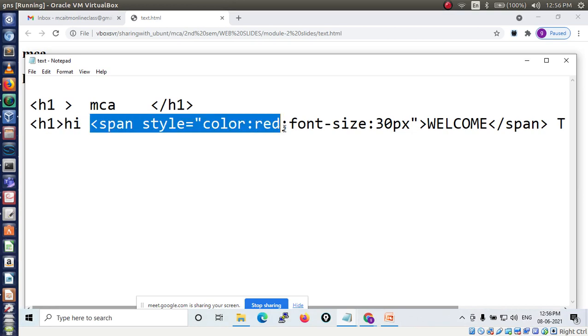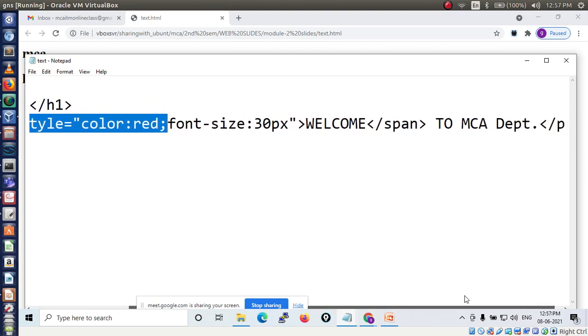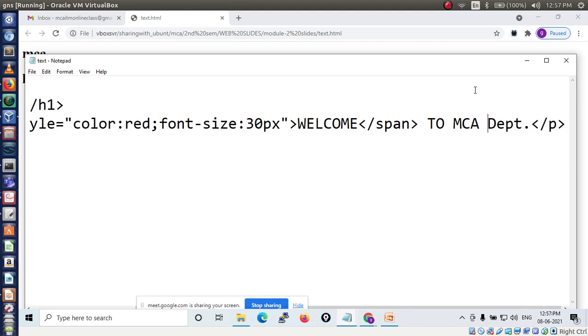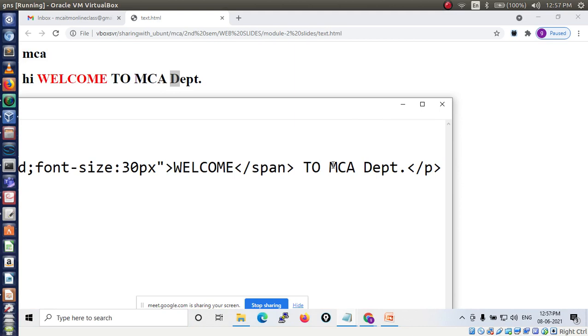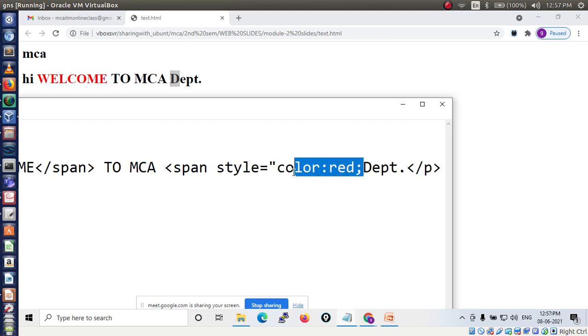I will change only the color. So copy. Then where is D? Here. Only I want to change D's color, so I apply the span here before D.